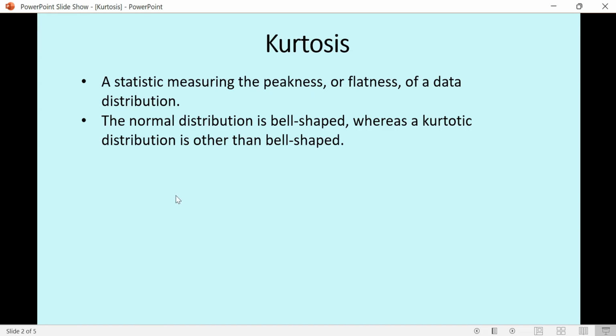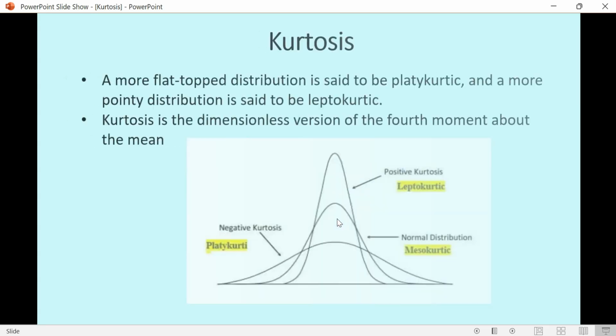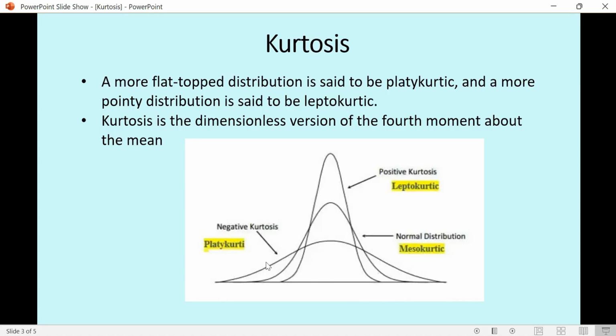If the data is, for example, coming from a normal distribution, it is called bell-shaped. So it has a very standard flatness; the shape is not so peaky, not so flat. But if the data is from another non-normal distribution, it may have kurtosis. It is not bell-shaped. If we look at this figure, in the middle, this curve is normally distributed,